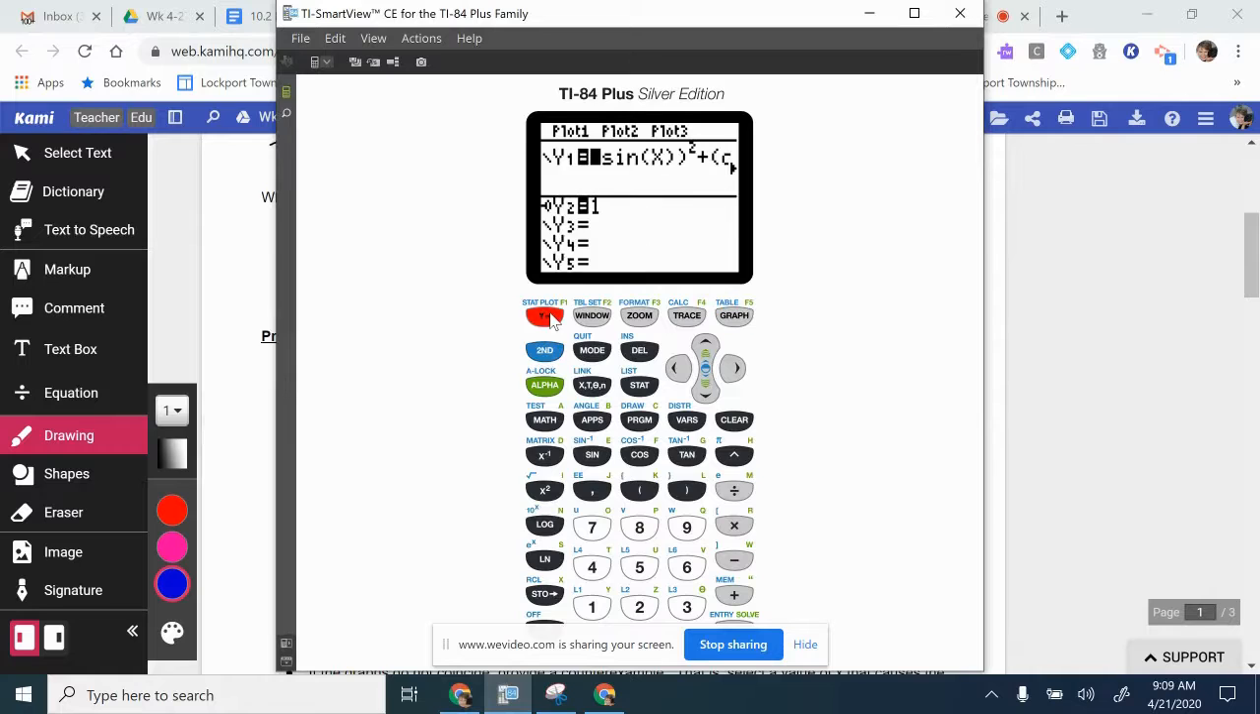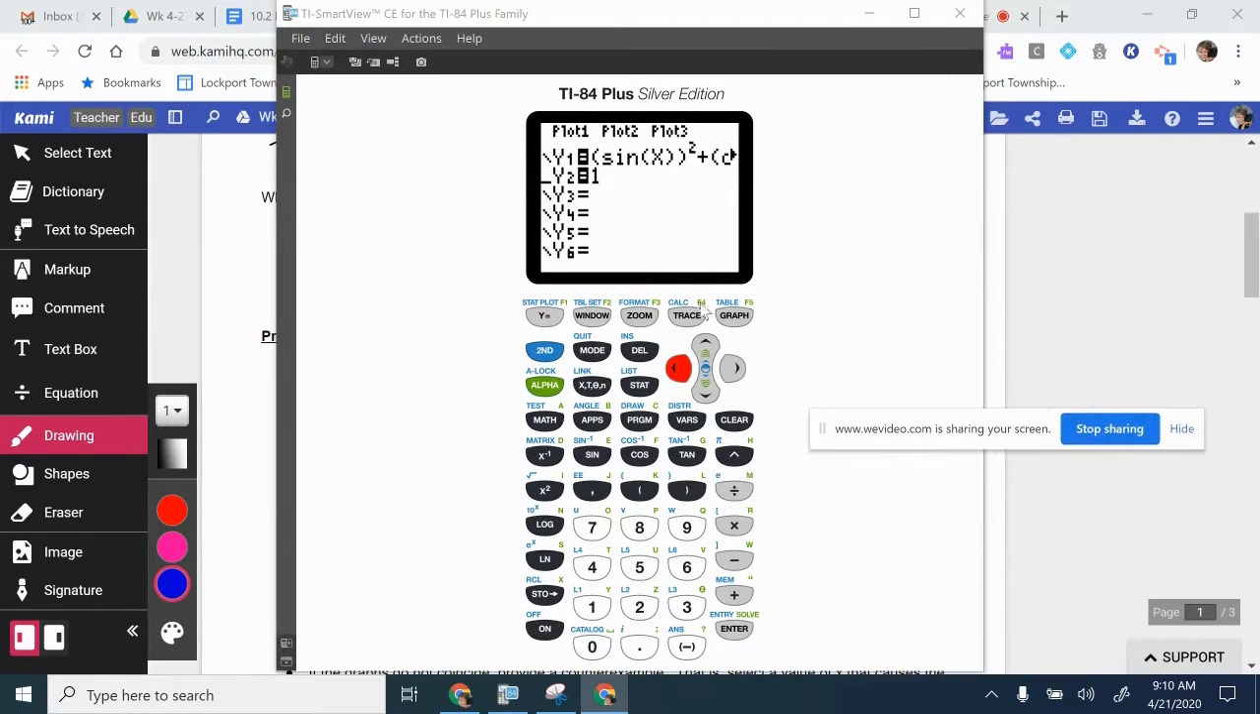So what I put in for my first equation is the first part of the Pythagorean identity that you learned, sine squared plus cosine squared. And then my second graph here is the 1, the other side of the identity. And if you want to change your cursor, you just need to arrow over until it starts flashing, and then you hit enter until you get the cursor that you want. And then when we hit graph,